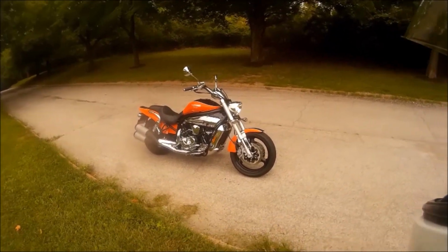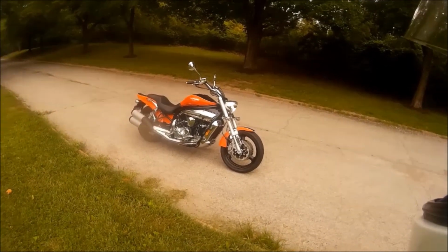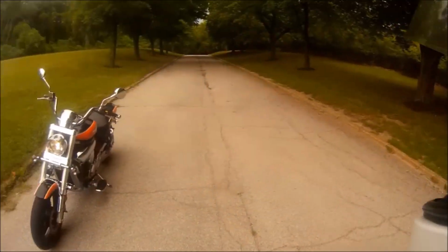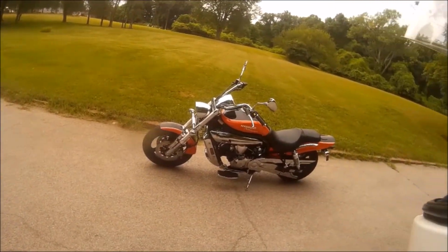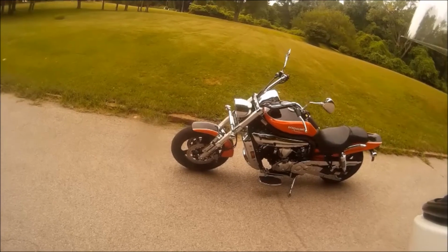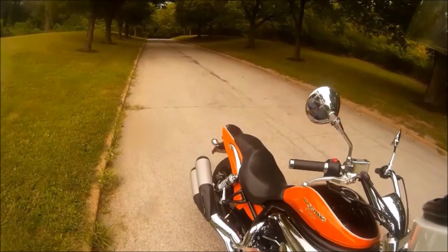But it has Bridgestone Battle Axe tires on it from the factory, and I don't have any problems with them. It's either a love and hate relationship with them with some guys. They were better than the Metzeler or whatever tires that were on my Triumph, that's for sure. These feel a lot more sure-footed, and it probably helps that the bike's longer and lower too. So you can get an idea what the bike looks like there and what the exhaust sounds like. If I rev it up, it'll probably sound like crap, but